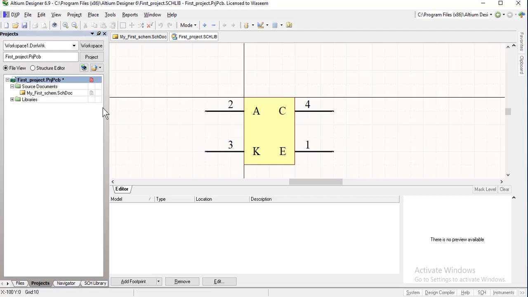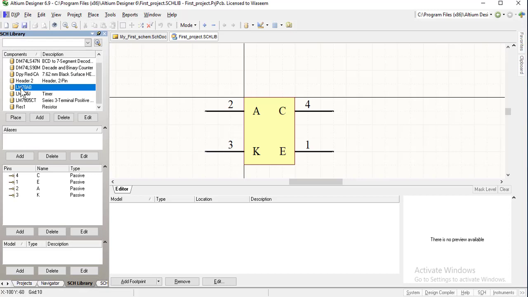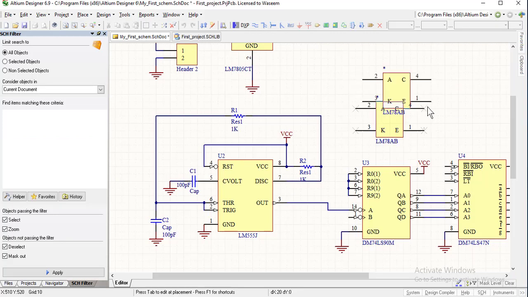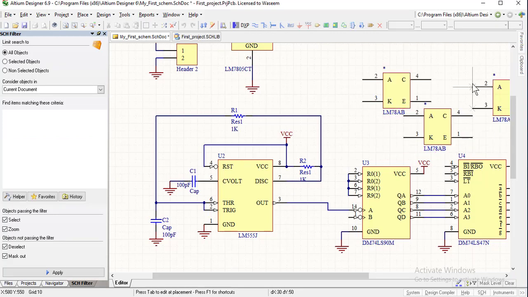Now save it, and this is the schematic library LM78AB. If we would like to place this component in our schematic, we can place it in the schematic multiple times as we want.